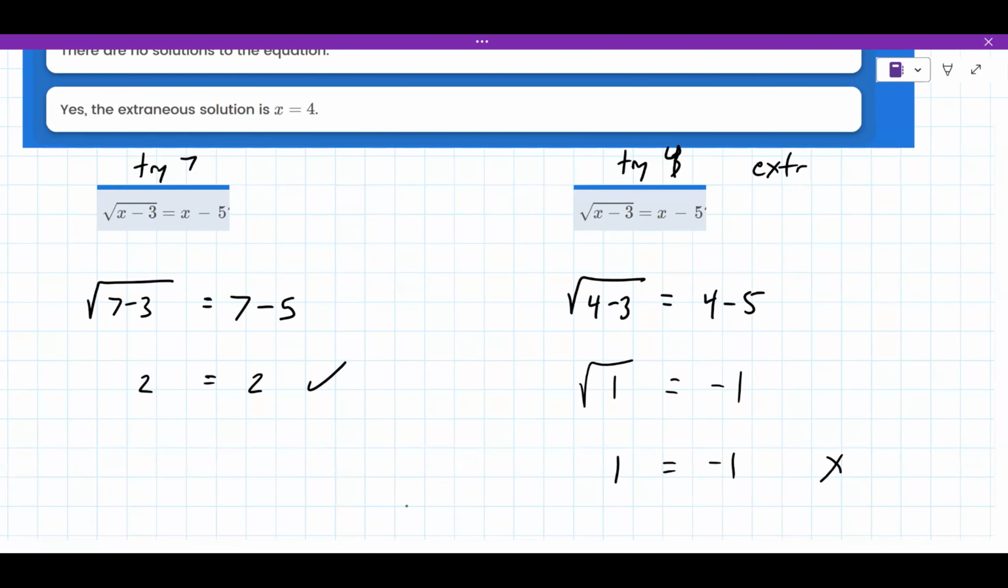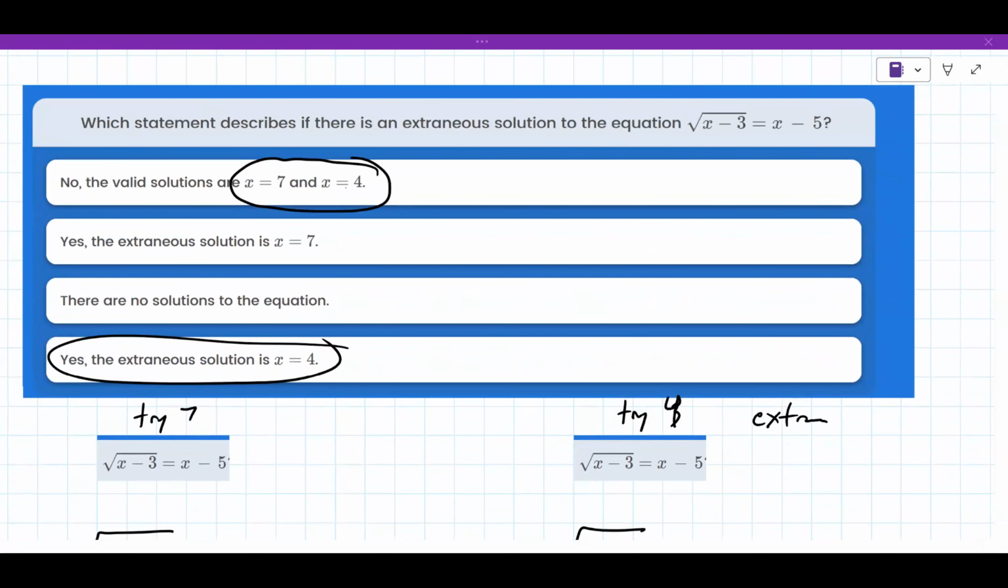So the last one here is correct. That one is extraneous. We're going to go ahead and stop there for right now. We've got another lesson at